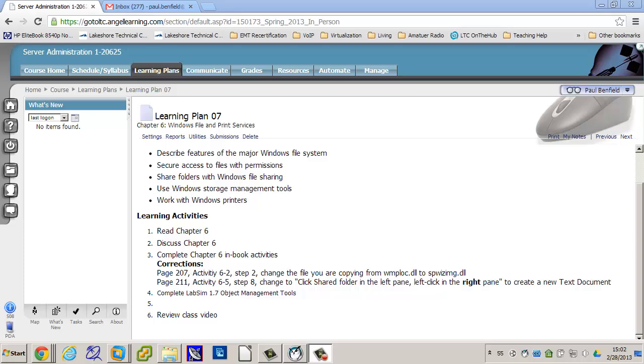Mapping drives. Our local computers, at least Windows, are really designed to work with drive letters. I'm saving it to my H drive, my N drive, my L drive, my K drive, whatever drive I want to save it to. Well, a share doesn't necessarily have a letter assigned to it. It's just a share.